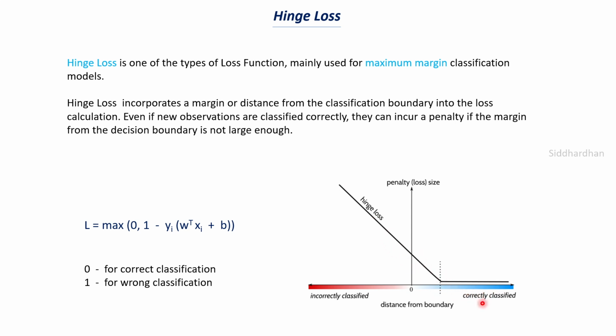So even though you have correctly classified in this particular region, so you can see this region from here to here, we have some hinge loss. This basically means that even though you make a correct prediction, the distance from the boundary is very small in this region, right? So this is the zero distance from the boundary. Okay, so in this particular region, the distance from the boundary is very small. This basically means the margin is very small. So in that case, you will have some hinge loss.